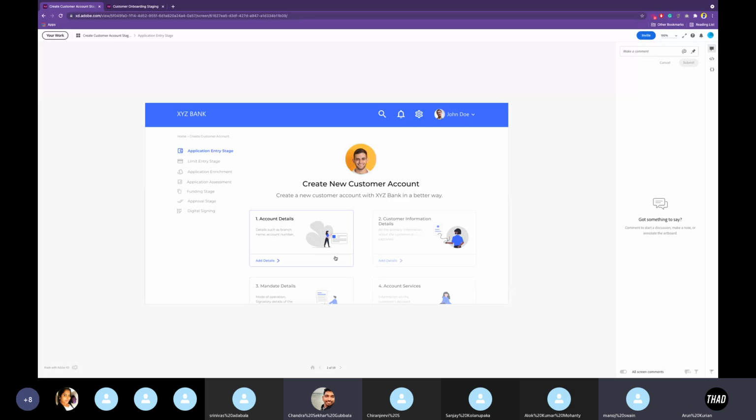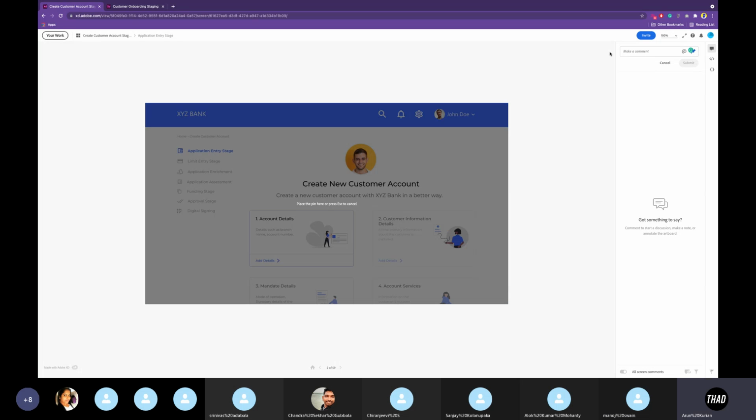Right now there is no such option in Adobe XD to do that. So what you can do alternatively is just name the section in the comment. For example, if you want to comment on the header, you can simply type header and make the comment. But soon it will be launched in Adobe XD. It is a tool that is getting a lot of updates, so soon such features will also get added to it.